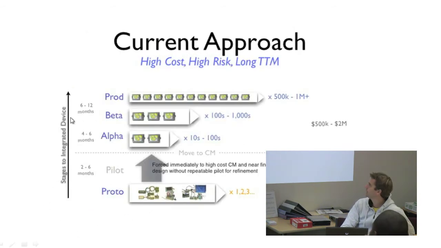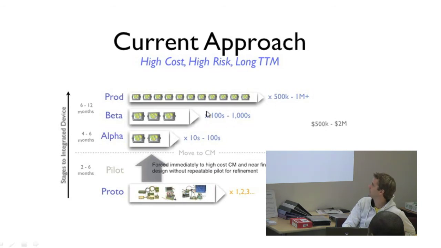So the current approach for consumer electronics hardware devices is they start with the prototyping stage, spending $40,000 to $100,000 on that. You do all these prototypes, spending 2 to 6 months prototyping, and these prototypes are just bits and pieces of electronics whacked together however you can. Then you bring out your alpha, which is similar. You build 10 or hundreds of those, that's 4 to 6 months working on the alpha. You build out the betas, which are hundreds to thousands of those, and then maybe 6 to 12 months after that,